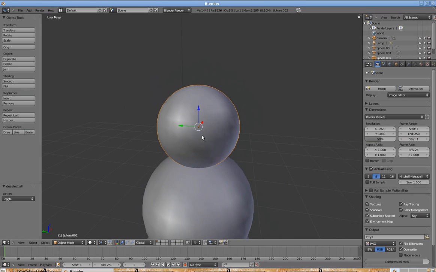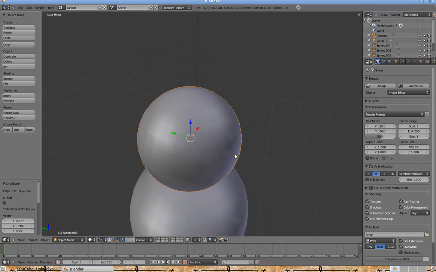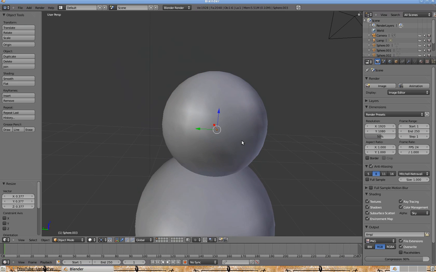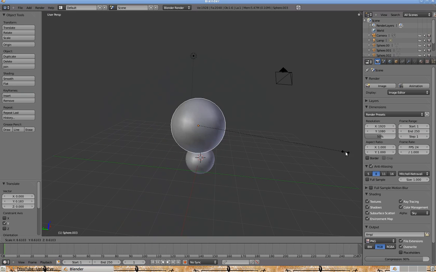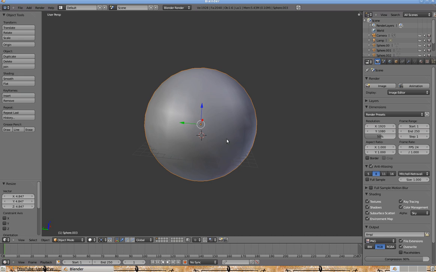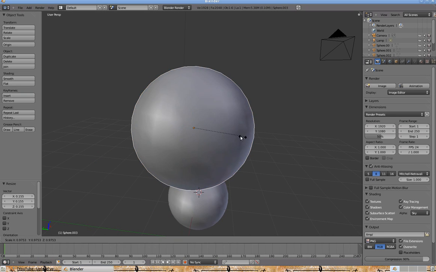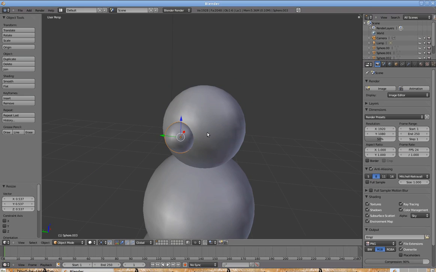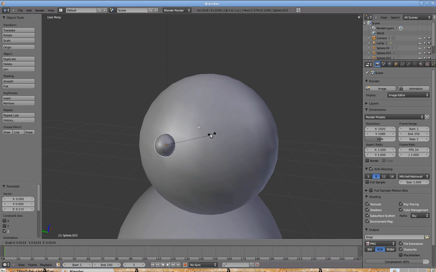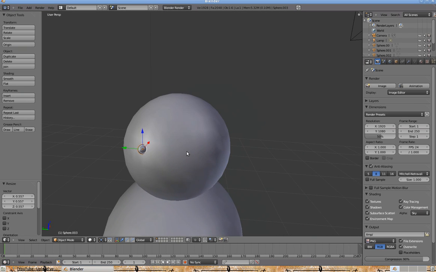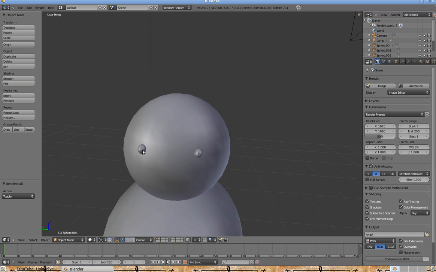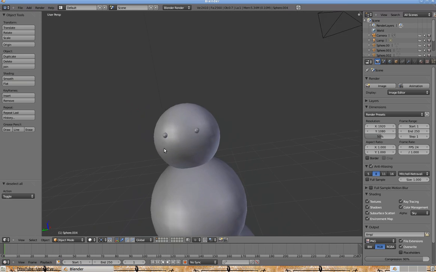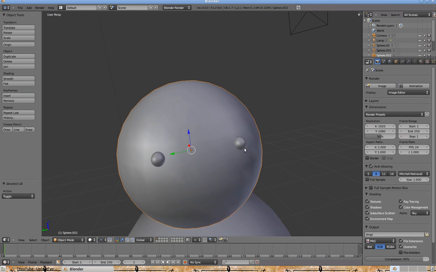So now what we want to do is duplicate the head, pressing Shift D and adding some eyes. You can add huge eyes if you want. You can add them this big if you want, all the way out here. That'd be too big, but just add small eyes like that. It's a good size. So now you duplicate it, add another one over here,